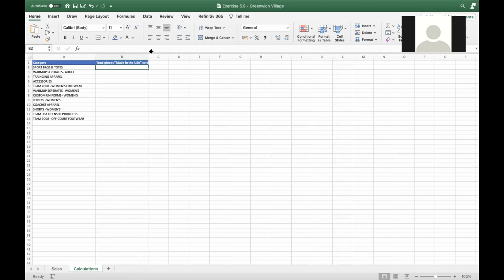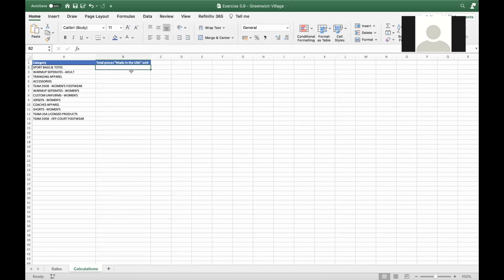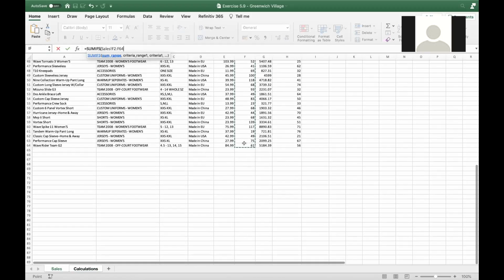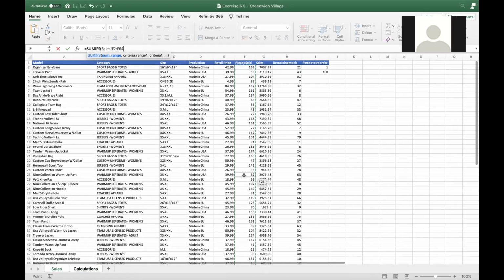And so now what we want to do is compute the total pieces only for the ones made in the USA and sold. So what we have to do here is use a SUMIFS. First of all, we're asked to look at the sum range. The sum range is simply the pieces sold, the ones that you have to select, because you have to sum the total in the end, and here you block